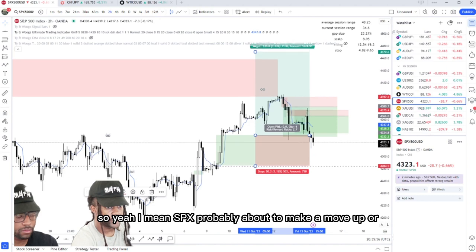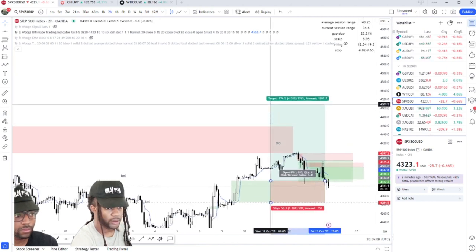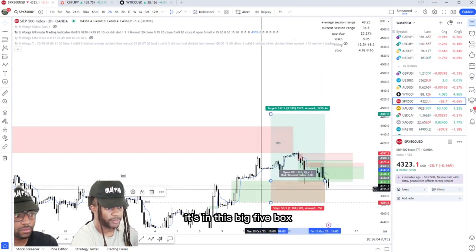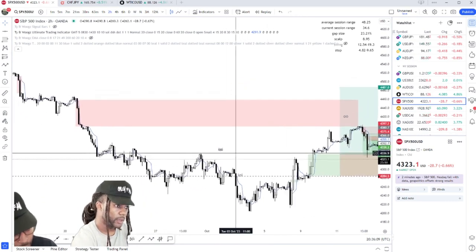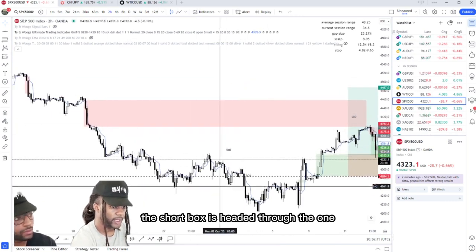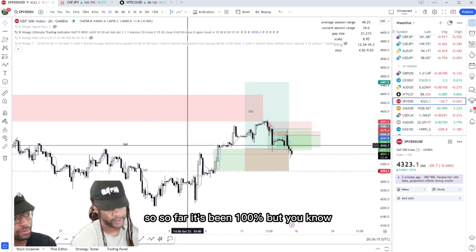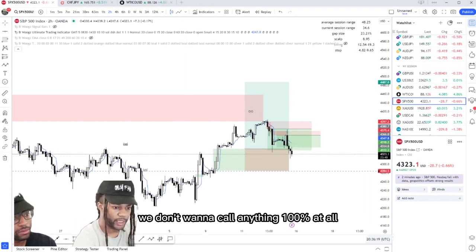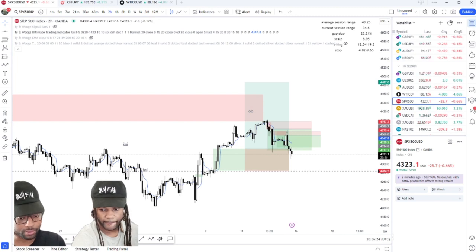So yeah, I mean SPX probably about to make a move upward for a 3 to 1. It hit these 2 trades. It's in this big buy box, so it's probably gonna be able to push the price up. The short box just hit a 3 to 1. So far it's been 100%, but you know, like when we trade in here, we don't want to call anything 100% at all. So we're gonna label it as 90%, and we're